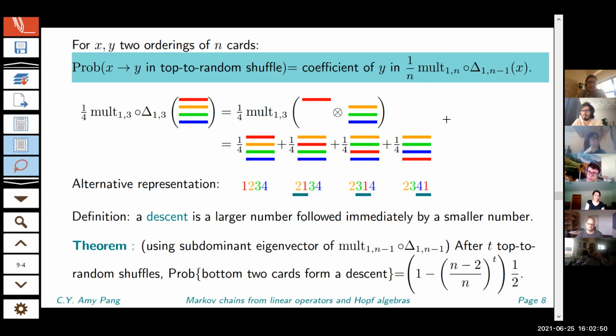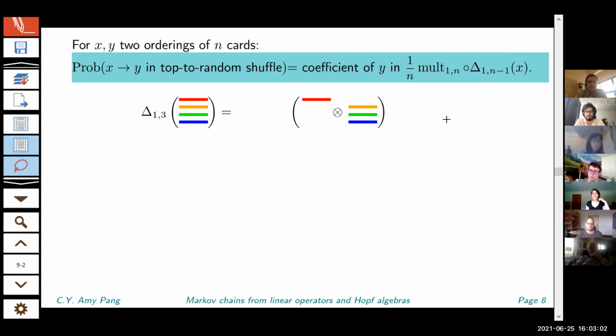Okay, I see Kurush has a question. Could you, so where exactly is the shuffle structure entering? So the shuffle product. The moment the shuffle structure is in if you want to